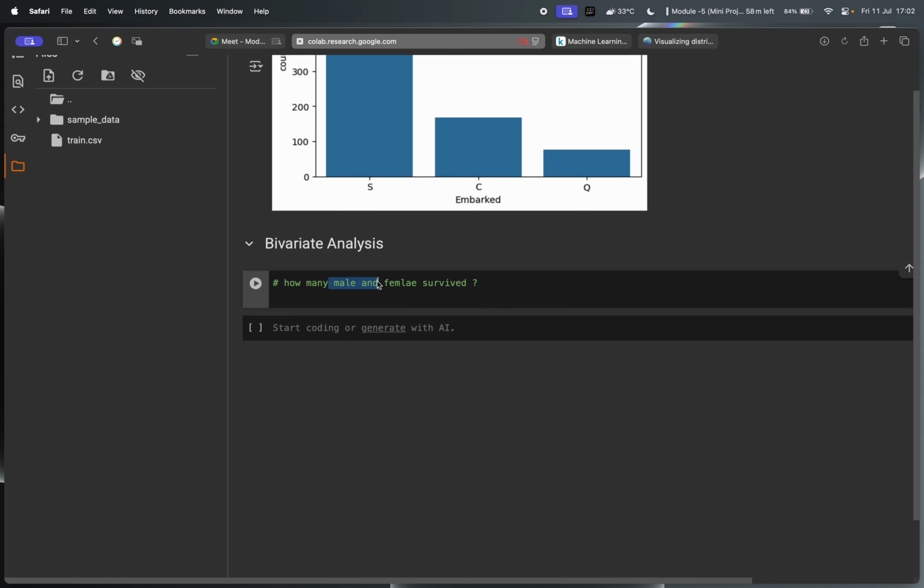So we are talking about two: one is male and female, that is gender, and another is the survived column. We have to keep both columns in mind while plotting the graph. So I am again using Seaborn, and I am using the count plot. And see over here, it is already giving me